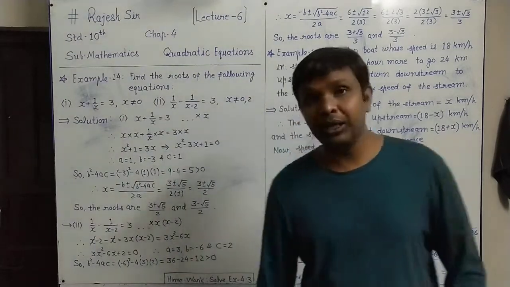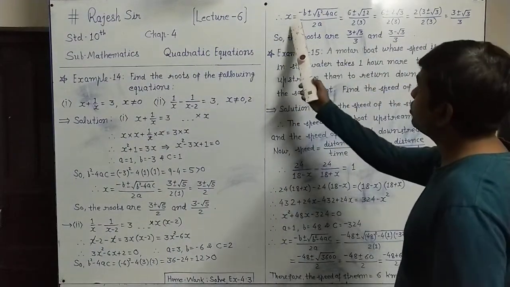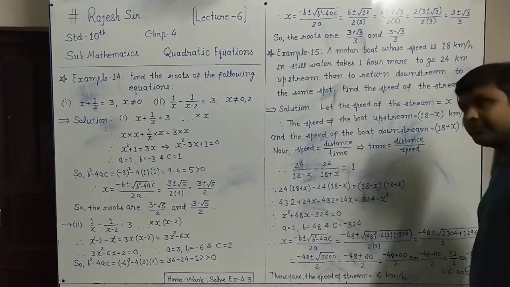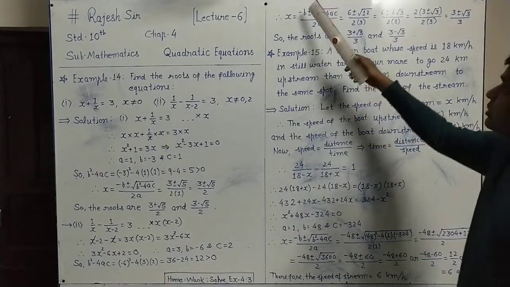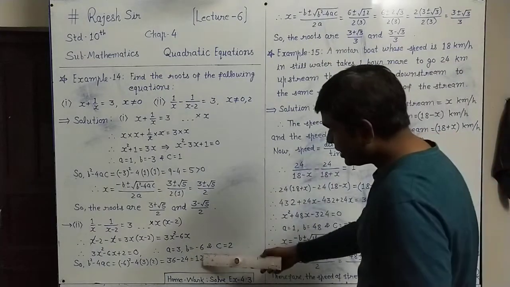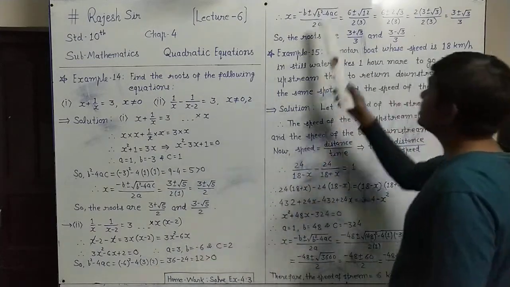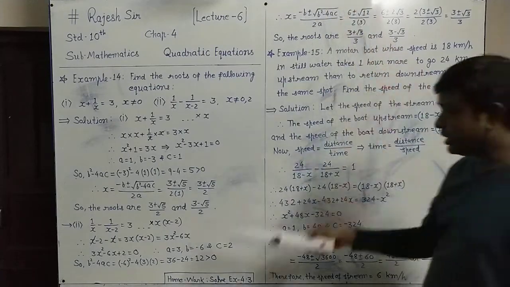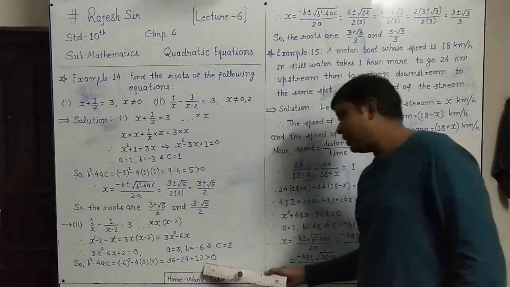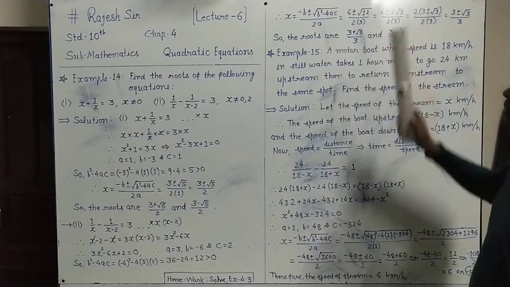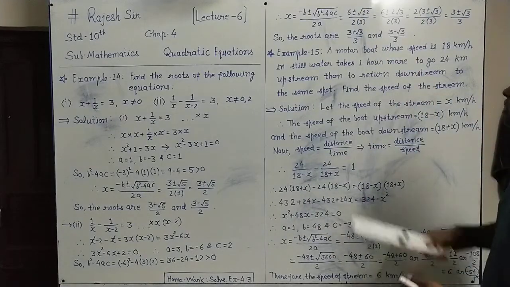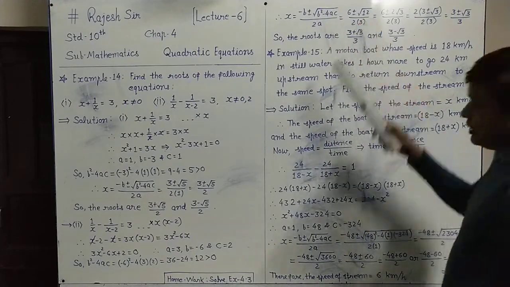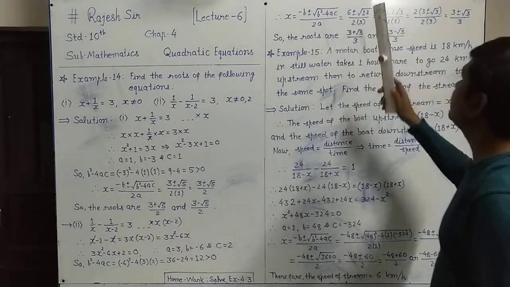When real roots, by quadratic formula x equals minus b plus or minus root of b square minus 4ac upon 2a. Place all the values. Here b equal to minus 6. So minus b equal to plus 6. Plus or minus root of b square minus 4ac. The simplified part is 12. So that root 12 we have written directly because we have simplified this expression here. Upon 2 into a, a is 3. So 2 into 3.